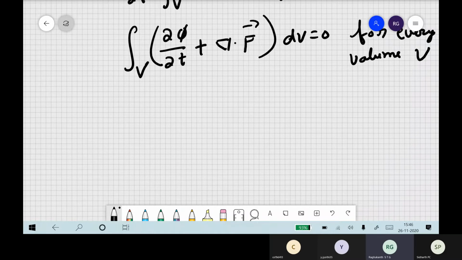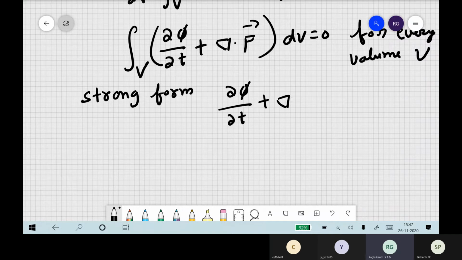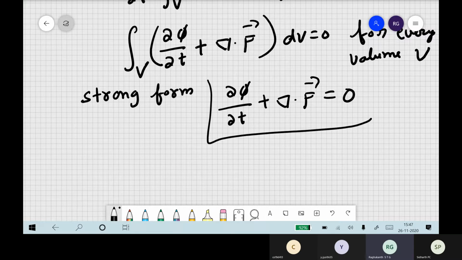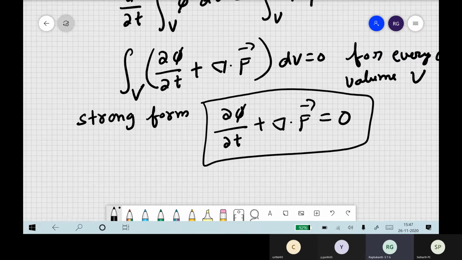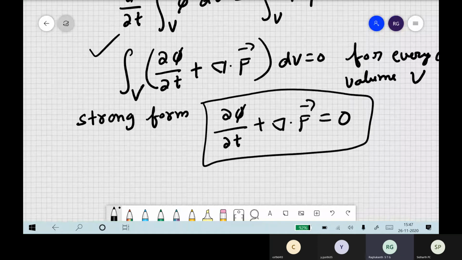So this is our famous conservation law. Here also you can have a strong form and a weak form. Strong form means we want this to be satisfied at each and every point inside the medium, so it comes out like this. If it is in weak form, like in FEM or SpecFEM, whatever we did, this is the weak form of the equation for a conservative system. You can write it in differential form or in integral form, so two things are there.